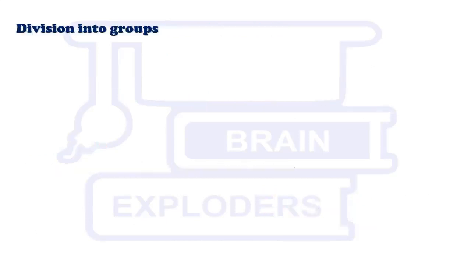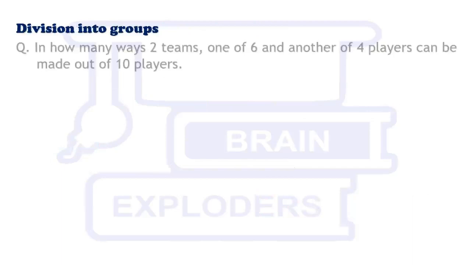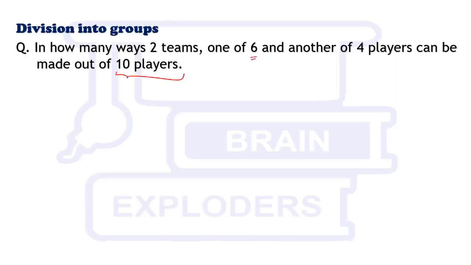Division into groups. Let's start this topic by taking an example of what kind of questions are there in it. In how many ways can two teams, one of 6 and another of 4 players, be made out of 10 players? We have 10 players and we have to make one team of 6 players and another team of 4 players. So if from these 10 players we select 6 and make a team of those 6 players,